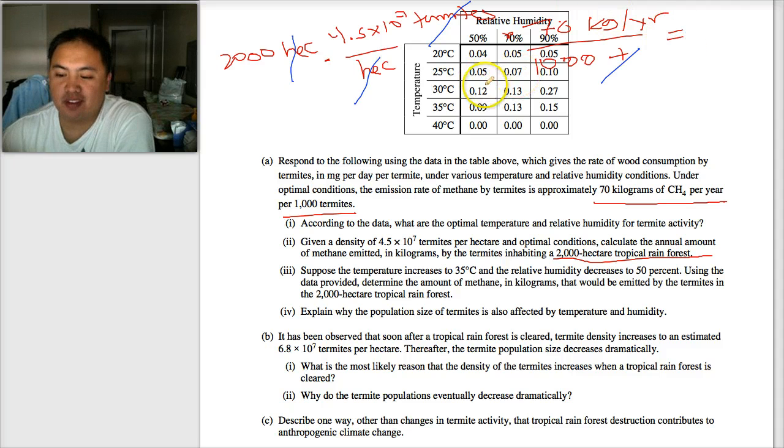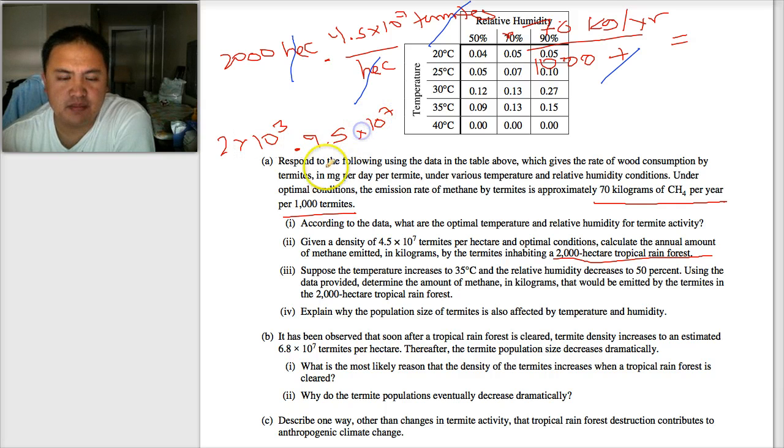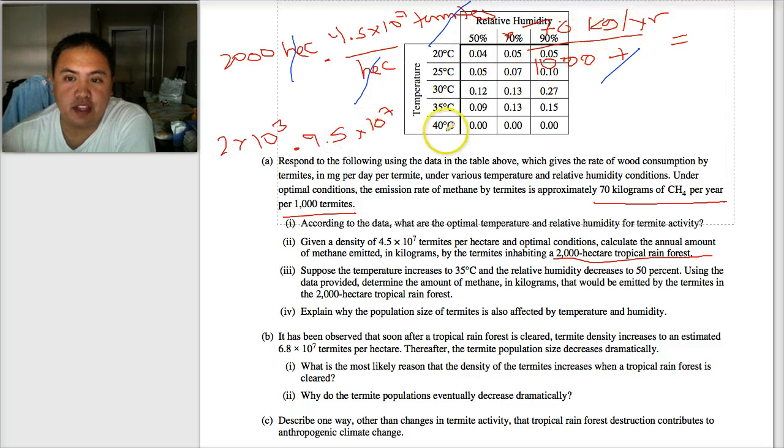Here's the problem. You don't have a calculator. So you're going to have to convert these all into scientific notation. This is 2 times 10 to the 3. This is 4.5 times 10 to the 7, and I'm multiplying across. Sorry, I know it's really messy. And then I have 70, which is 7 times 10 to the